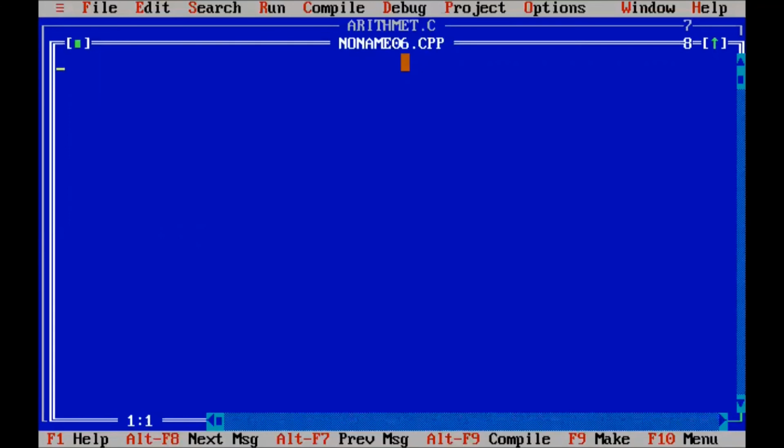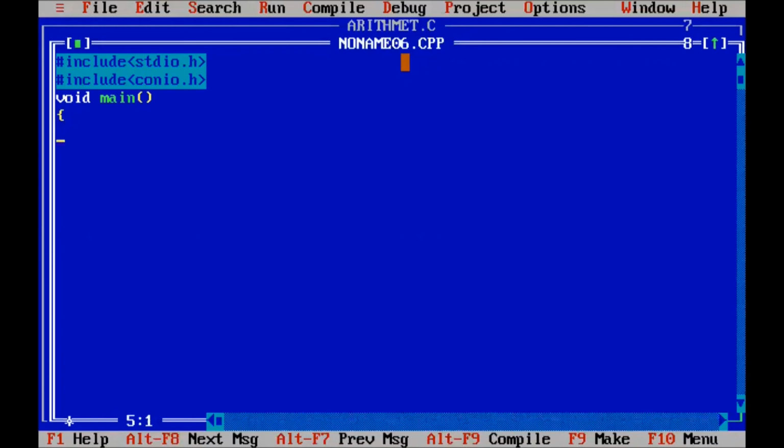Include stdio.h, include conio.h. Okay. Void main. We open curly braces of our main function.